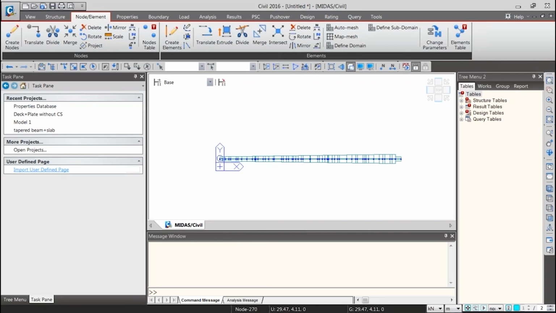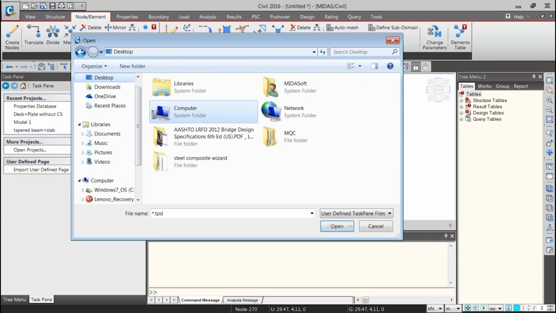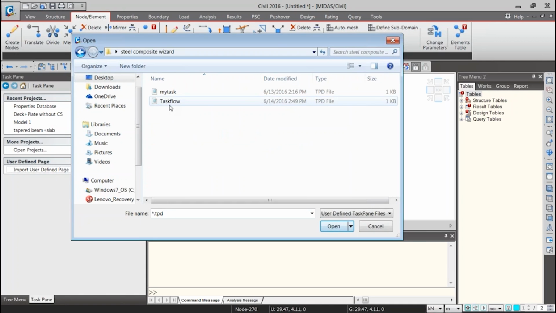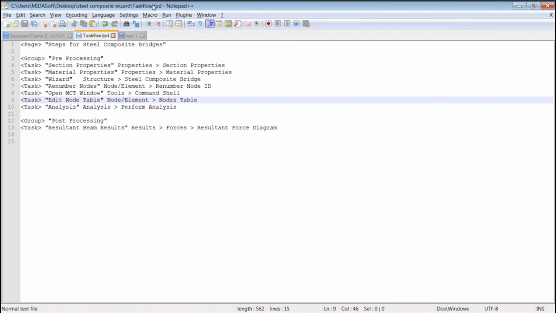You can use an import user defined page. First I will show you how to create a page like this. In a bit I will show you. So once you click on task flow, I will just show you how to create a page first.